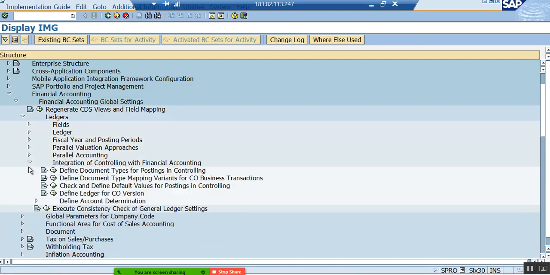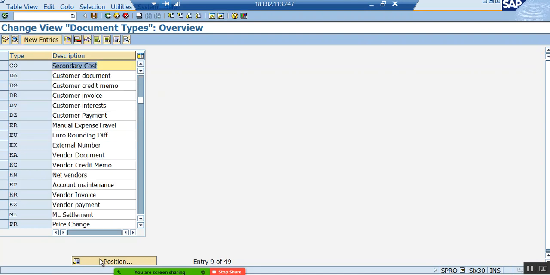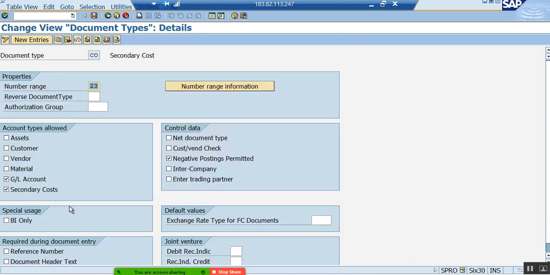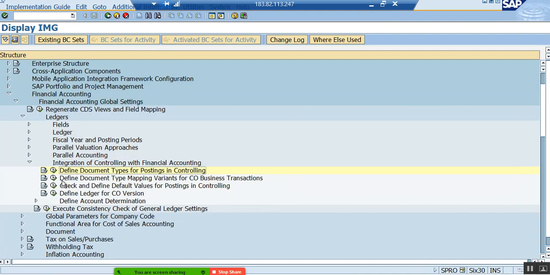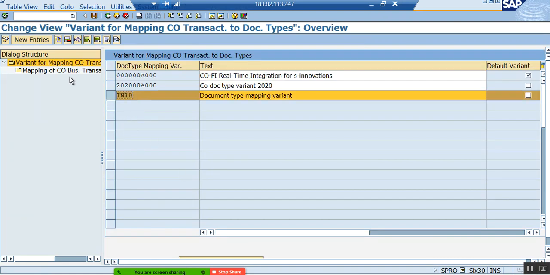Integration of controlling with financial accounting. Right, so define document types, the first step, just CO and CC, which is given by SAP. The secondary costs, new account type, which is not there in ECC, it is selected. Define document types for mapping variant CO business transaction. What I told ABC, like that we created name IN10,